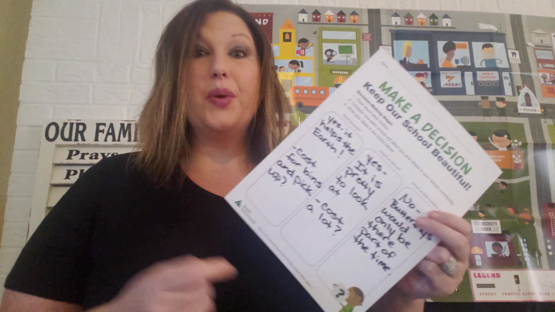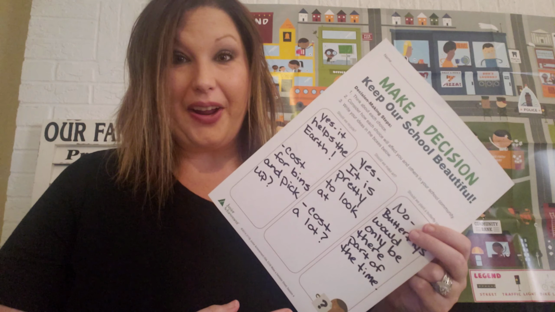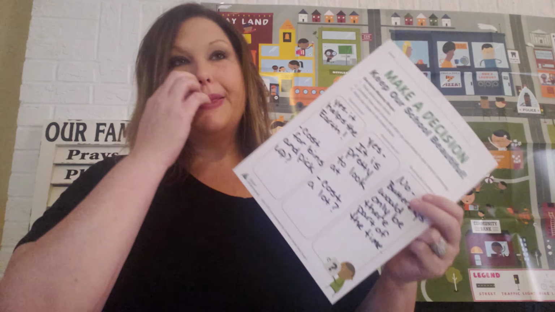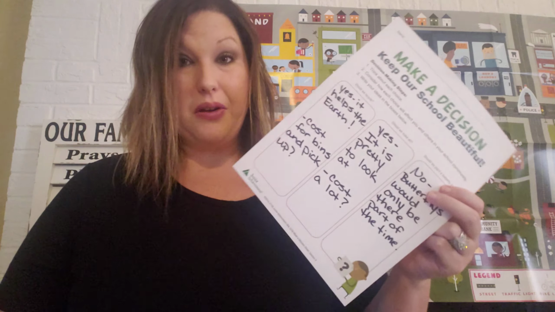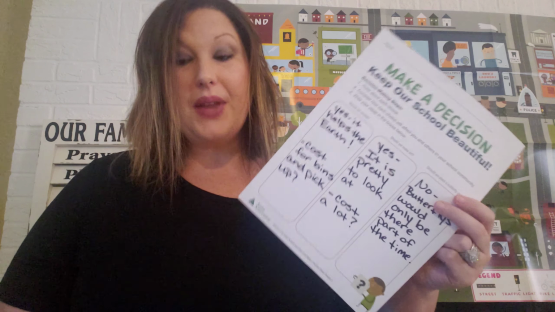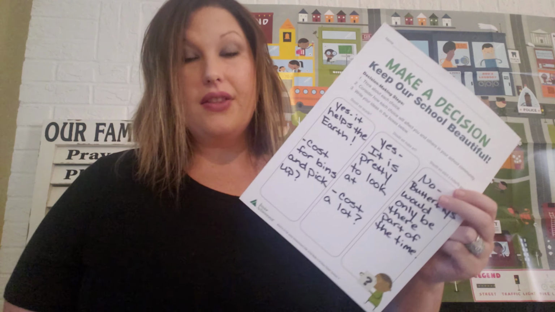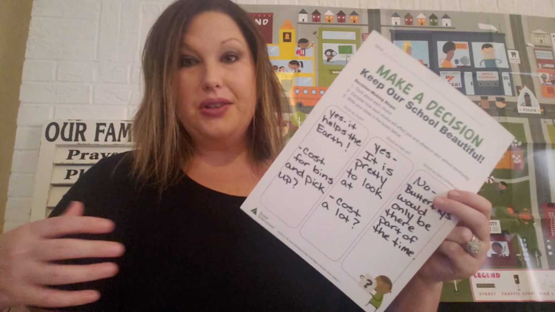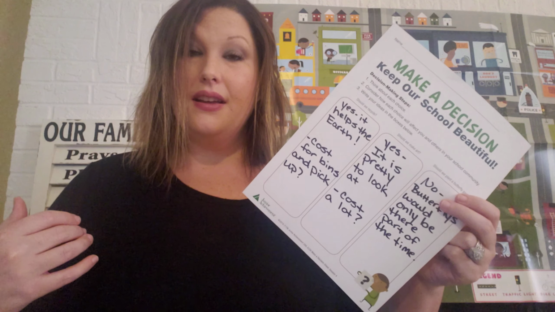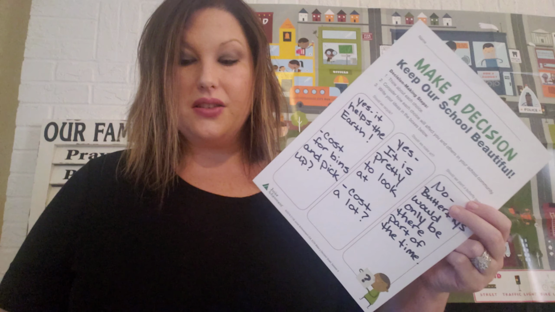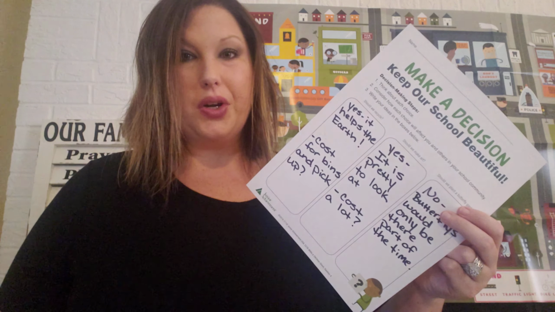But somebody else may love butterflies, and they would say, oh no, definitely, we want the butterfly garden. Well, that's what happens when you're in a community, right? Not everybody makes the same decision. So that's why it's important as a community that you talk about your opinion, your choice, explain why you made that choice, and then listen to others in your community when they have a different choice. And that way you guys can talk it through and decide how you want to do that.